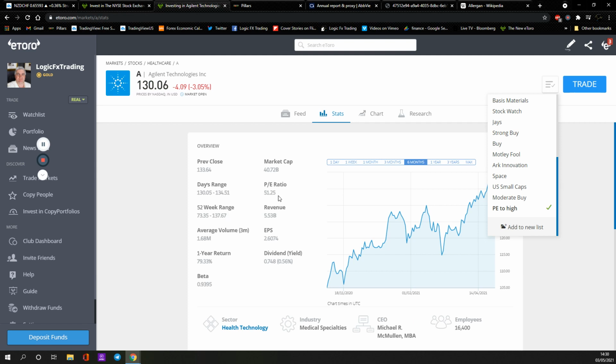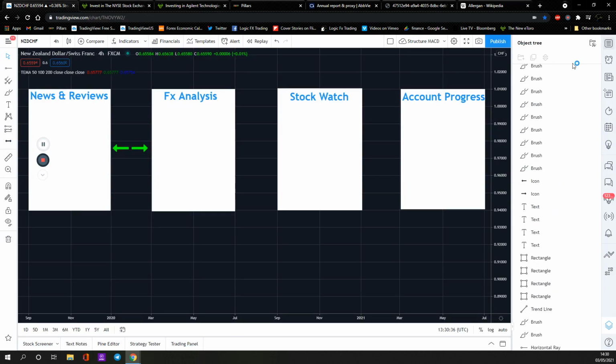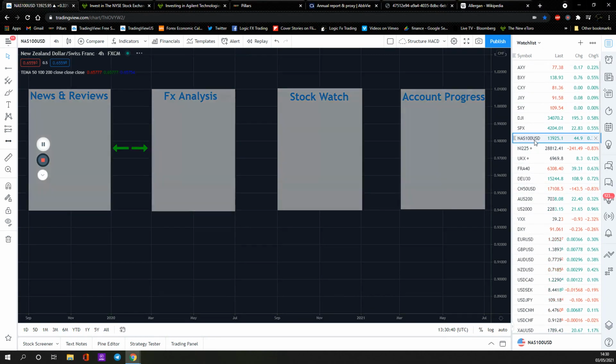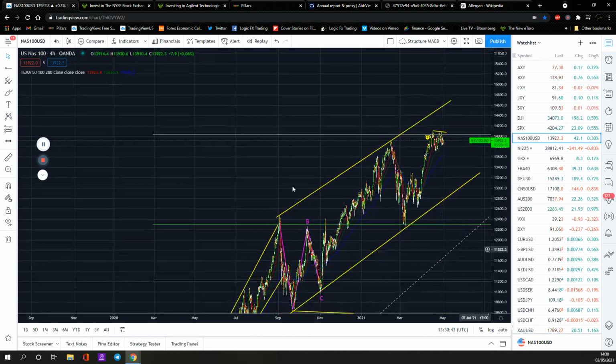So at the moment, that PE is probably too high, but we can also look at the sector that it's in and find out what the average for the sector would be. And if you find that it's lower than the average of the sector, then maybe you can say, okay, well, let's get into it now. But we do have to be careful, because as we look every single day on the price charts, and let's just take the NASDAQ for an example, guys, you look at how much it's come up,